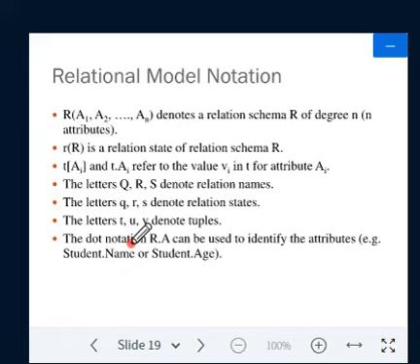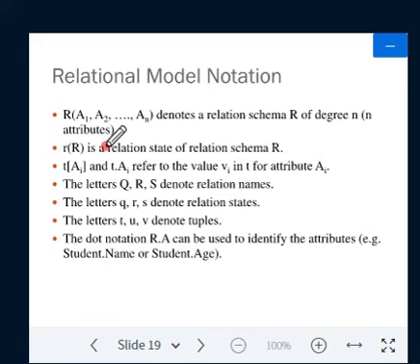The second is ordering of values within a tuple. The third is values and nulls in the tuple; we can add null values in the tuple wherever the original value does not exist. And the fourth one is interpretation of the relation.